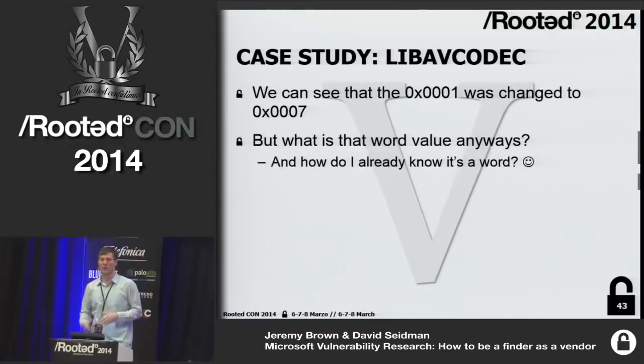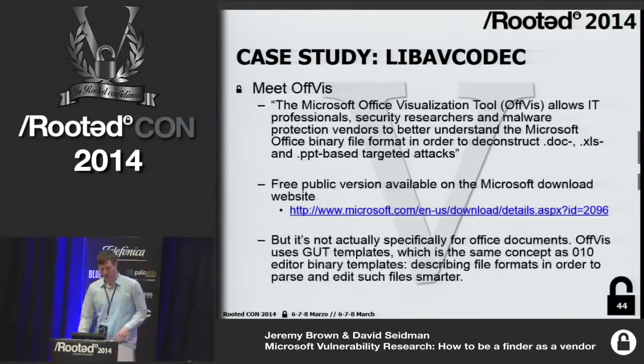Unless you know the file format, unless you're looking at it through a parser, you don't really know what it is. How do I already know it's a word? Well, there's a tool from Microsoft called Offviz. It's an Office visualization tool, and it takes different templates. Kind of think of it as a 010 Editor, but